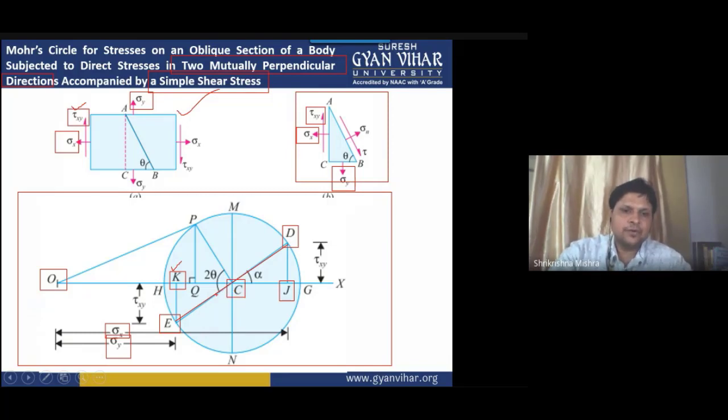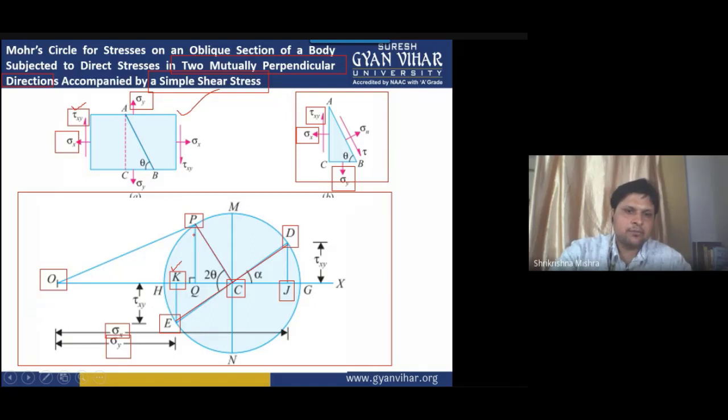Now we will take the angle from this DE line. DE, students, will be the baseline. We will take the protractor and mark the angle equal to twice the inclined angle, 2 theta. We will drop a line along this direction of 2 theta, and we will mark a point P here on this circle.